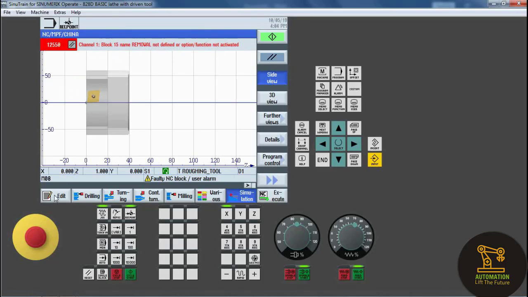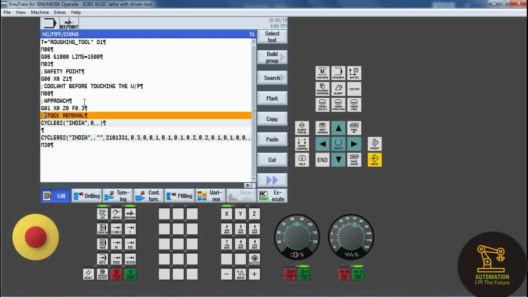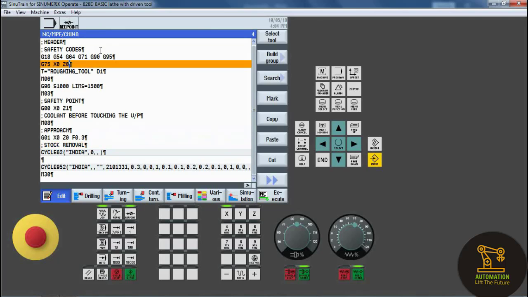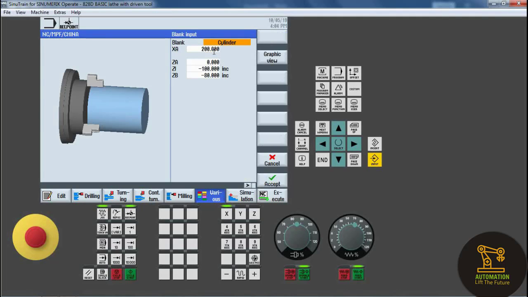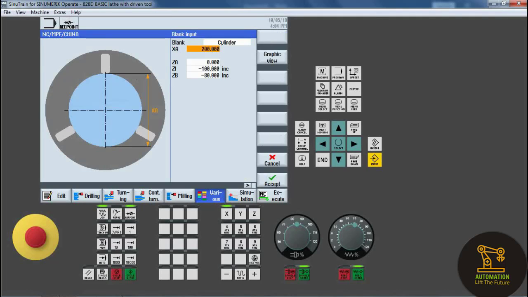It is very important to mention the material, and there is a semicolon. It is a major case. If you do not mention the semicolon, an error will occur. Next one is blank.